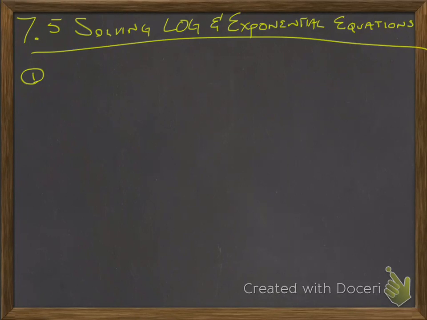Okay, these notes are combined of everything in 7.5 that we did in class in the 3 days that we took notes. So the first thing we went over was solving exponential equations, and there's two methods. Sometimes you're going to have to use one of the methods, sometimes you can use either one. The first method we're going to go over is if you can get both sides to be the power with the same base,